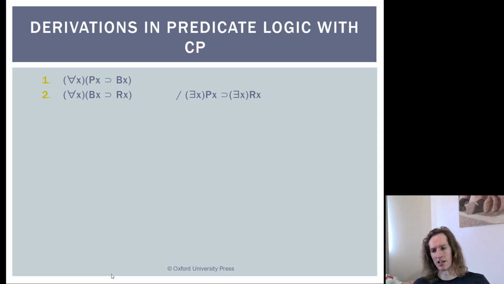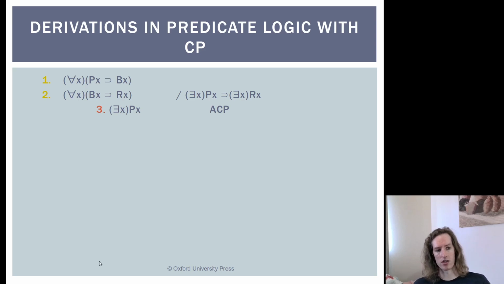Because our conclusion is a conditional here, a pretty good way to start this proof would be just to assume the antecedent of the conditional, see if you can get to the consequent using a conditional proof, and then if you can, you can discharge the conditional statement, where we assume there is at least one thing that has the property P, and then we arrive at there is at least one thing that has the property R. Then it's true that if there is at least one thing P, then there is at least one thing R holds, so we can discharge that conditional statement where the antecedent is the first line of our conditional proof, or our assumption, and our consequent is the last line of the subproof.